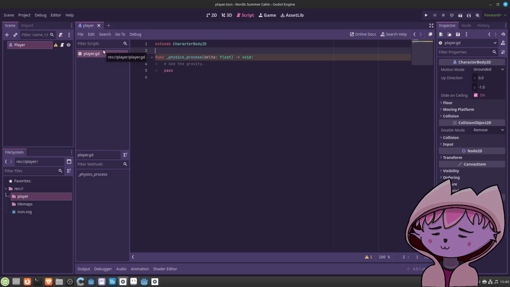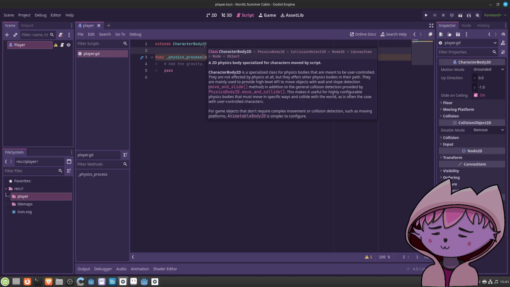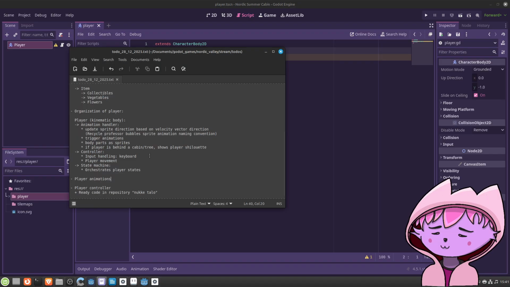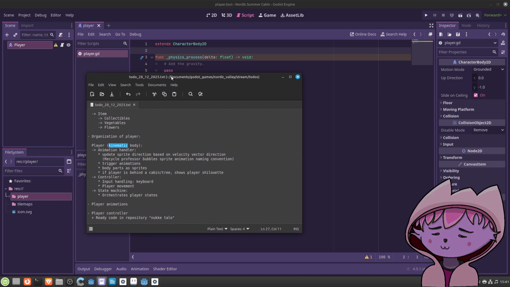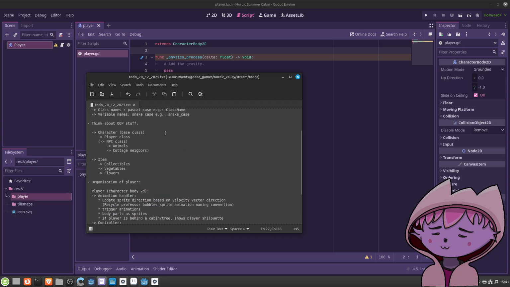Okay, let's not use Godot 3 naming. Okay, character body. So let's see.